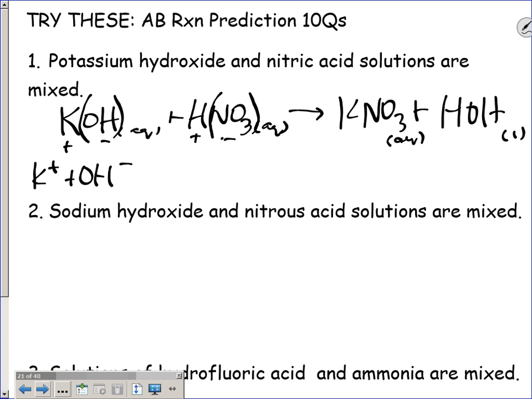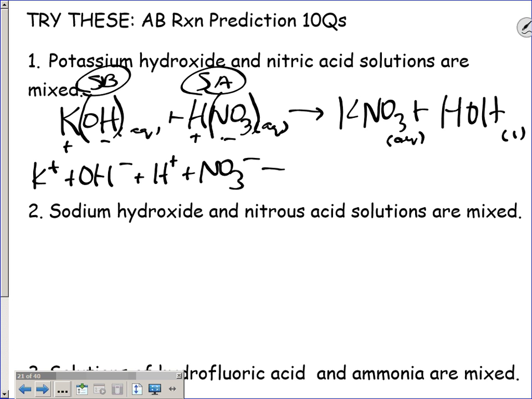What else could this be? Okay, so I would not ionize that if it were aluminum hydroxide. This is a strong base, so I'm breaking it up. This is a strong acid, so I'm going to break it up. So go for it: H+ and nitrate, yields. This is not a strong base, not a strong acid, but a